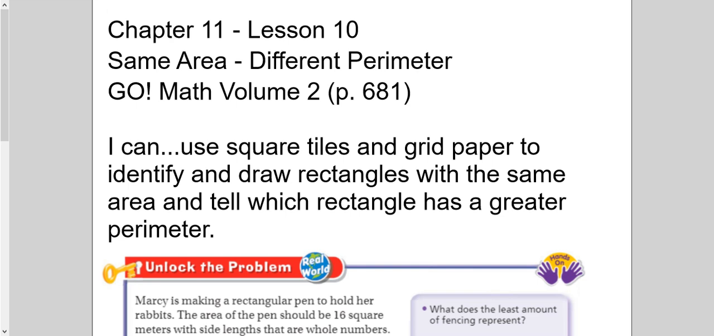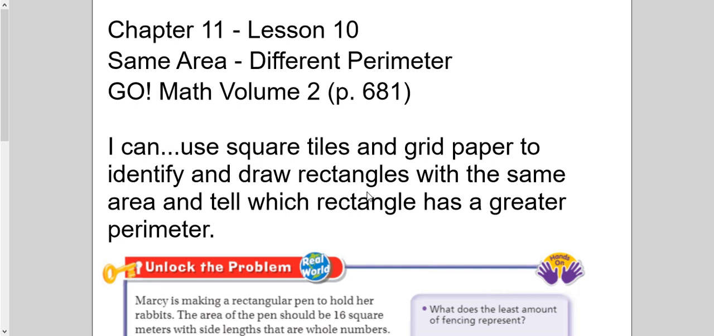Here we are. Chapter 11, Lesson 10, the last lesson for this chapter. Same area, different perimeter. If you would be so kind as to turn in your Go Math books, your Volume 2 books, to page 681. And there we are going to be